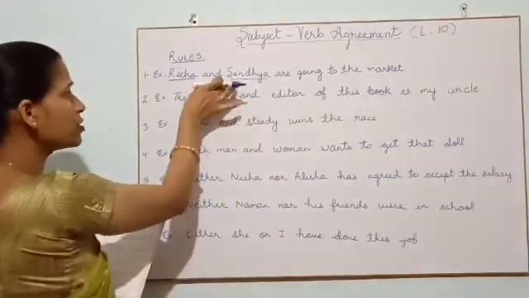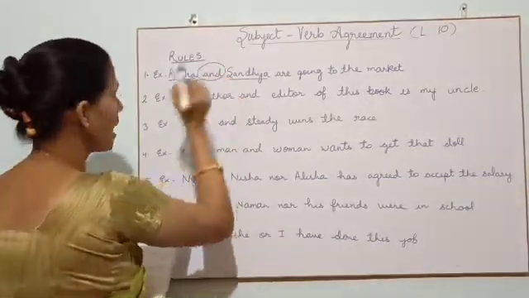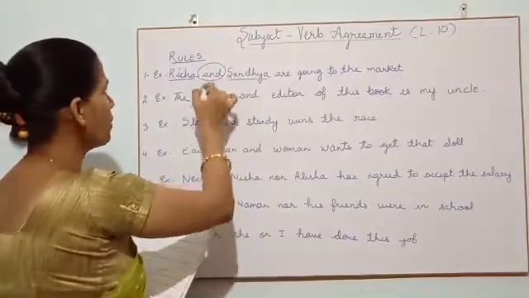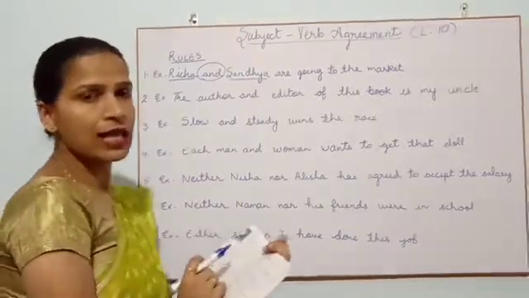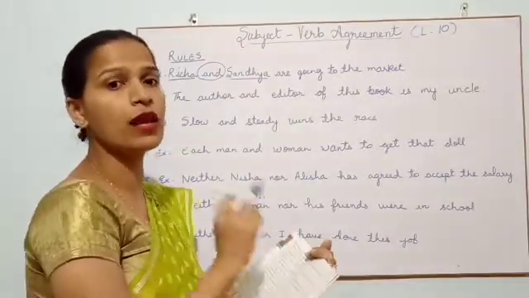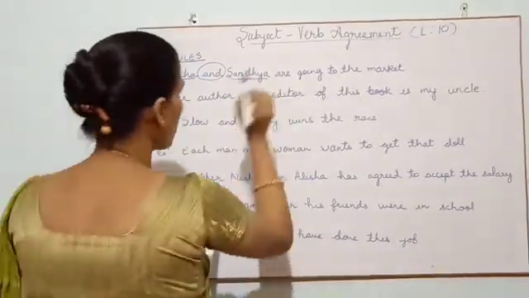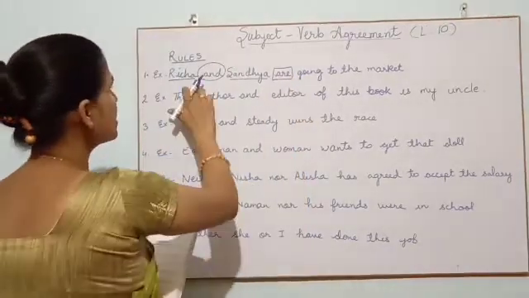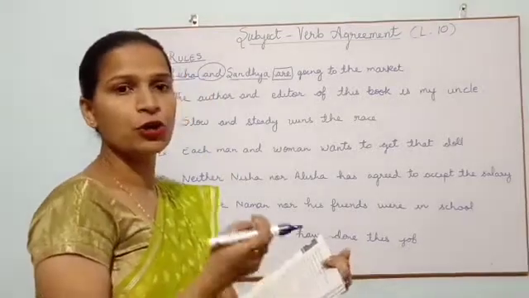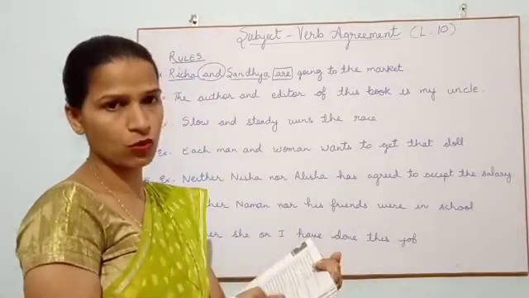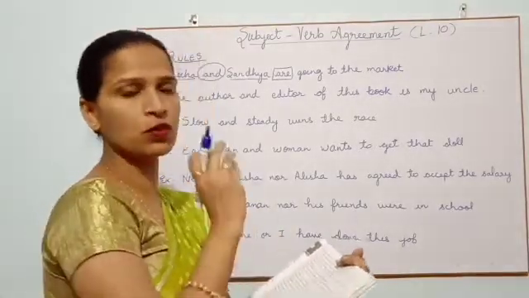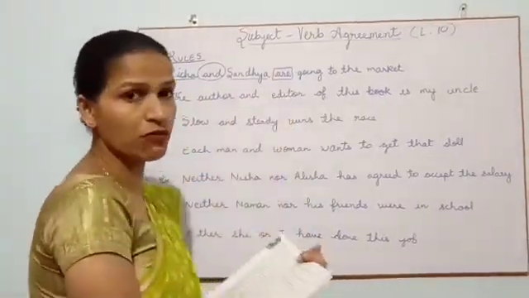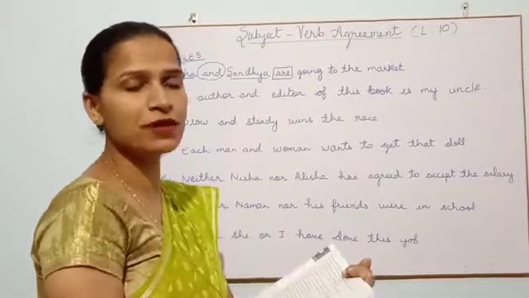It says when two or more singular nouns are joined. And how are they joined, children? With the help of the word and. So it says when two singular nouns are joined with the help of the word and, then it will take a plural verb with it. Now where is the plural verb? Are. It is saying when we have two or more singular nouns and we join them with the word and, then we are going to take the plural verb with it. This is according to the first rule.